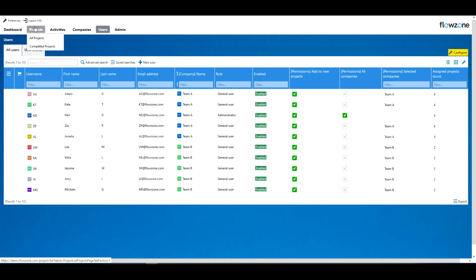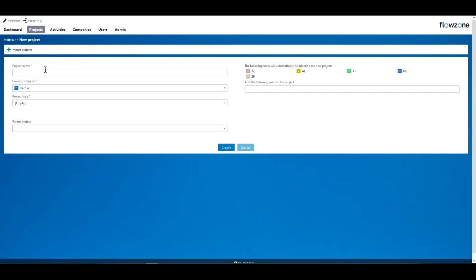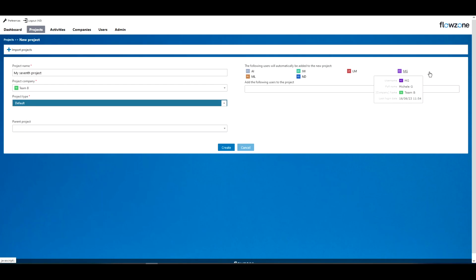So let's go back to the project list and actually create a new project. We click on New Project, give the project a name. Now if I select Team A, you can see that over here there is a certain group of users who are going to be added to that project. If I select Team B, it is a different group of users. And that is all based on the permissions that we just saw for all of the users in the system. If I create this for Team B,